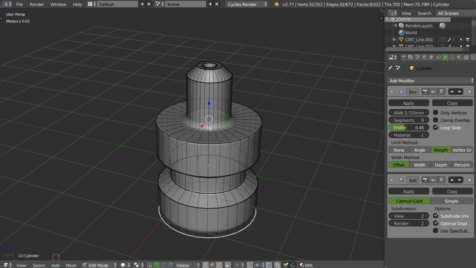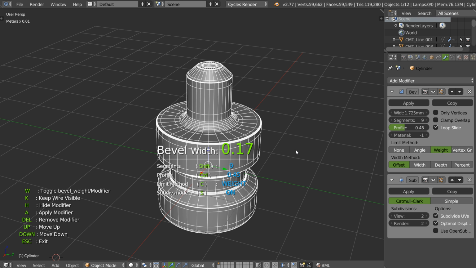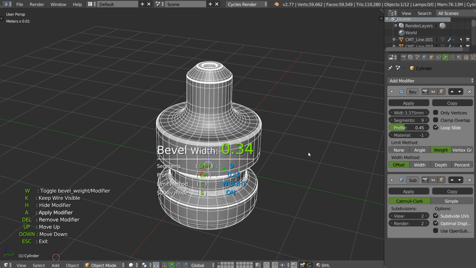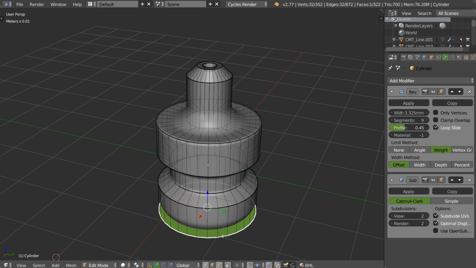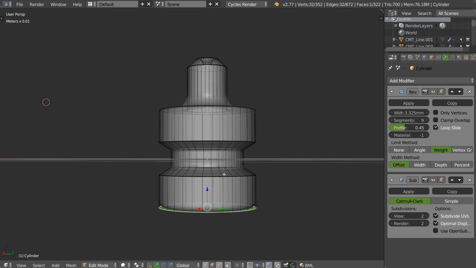So as you can see, this is really nice too. Yep. For this one, as you can see, I'm limited to this width. So if I want a bigger width, I will add a bigger width like this, and after I will edit the other bevel to have exactly what I want.